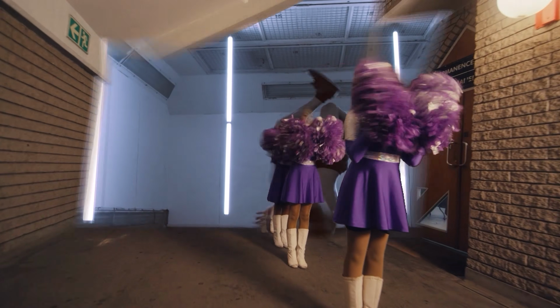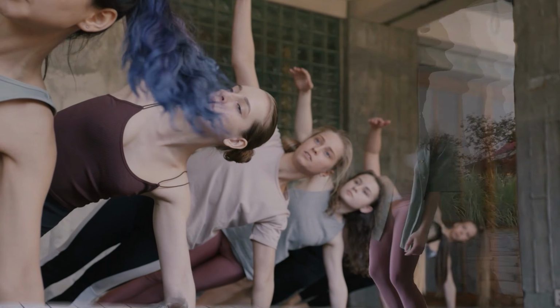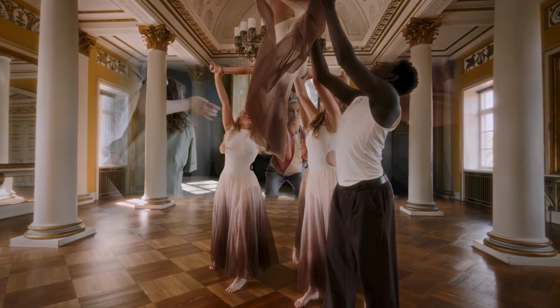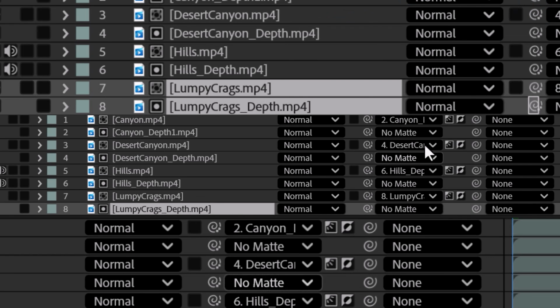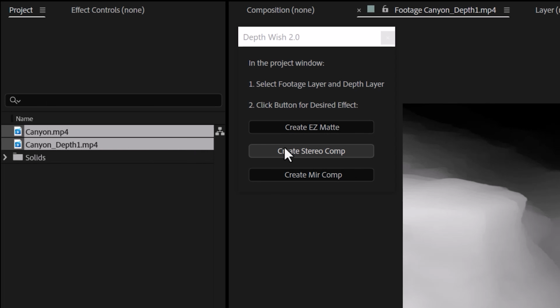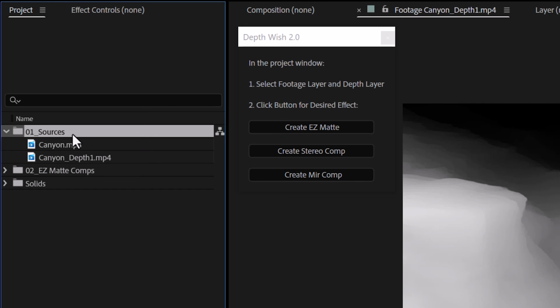When I was playing around with a lot of fun effects like this one, I realized one of the most common things I do was use the luminance value as a way to drive the alpha of the original footage. But it would get a little bit unwieldy having all of those matte layers all in one place. So with your two files selected, hit Create Easy Matte, and it'll automatically sort your footage into the sources and